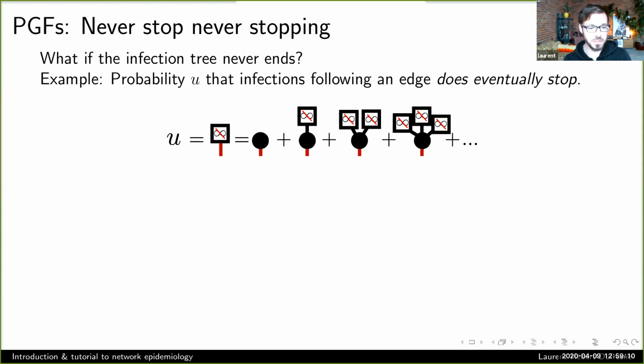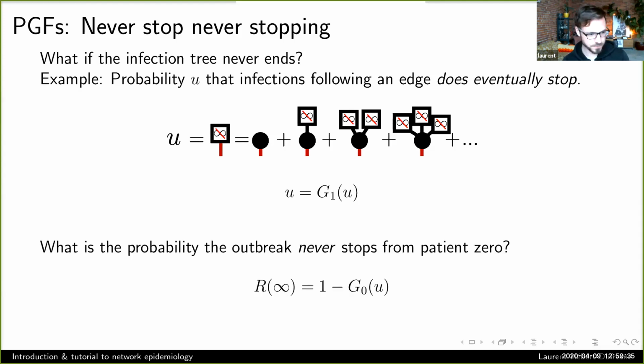All right, and that could be just 1 node, or there could be a node with 1 degree that doesn't lead to an infinite component, or there could be a node with 2 degrees that both don't lead to an infinite component, and so on and so forth. So really what I'm doing is just going over this G1 probability generating function again, but instead of just counting edges, I'm now counting U or U squared or U cubed at every term.